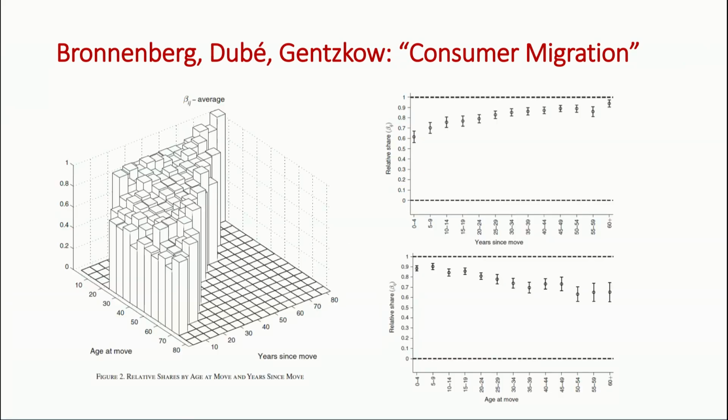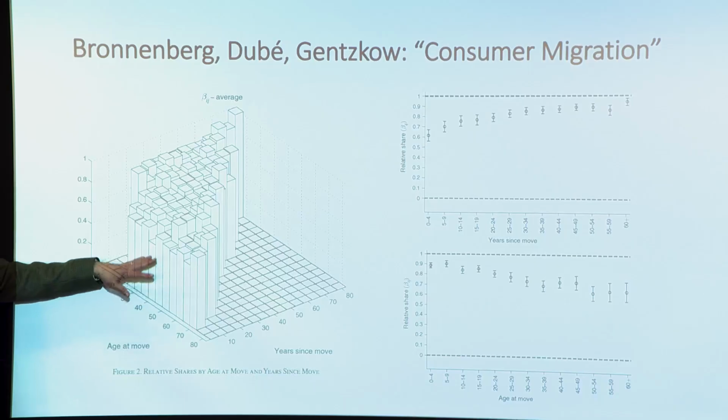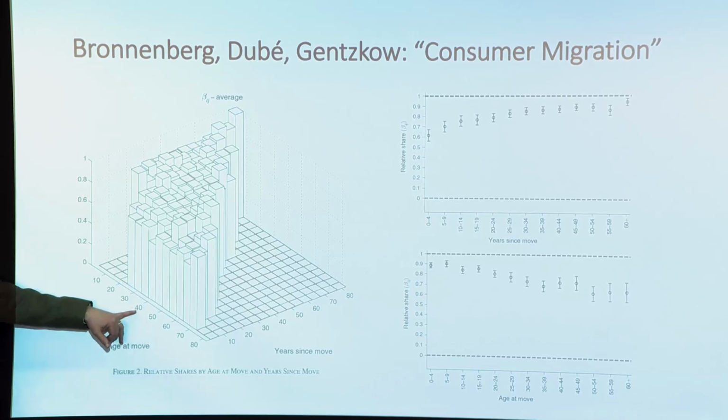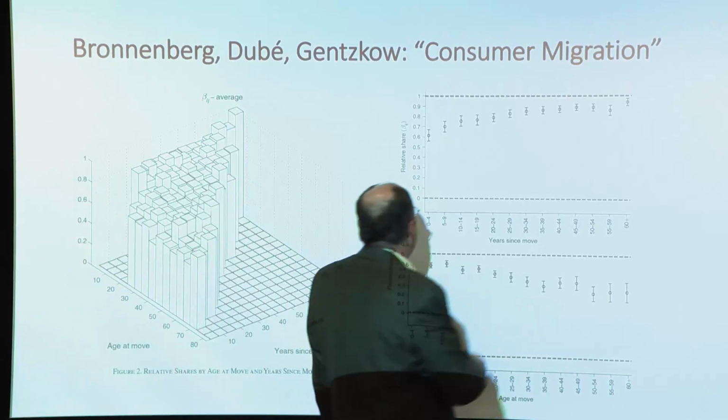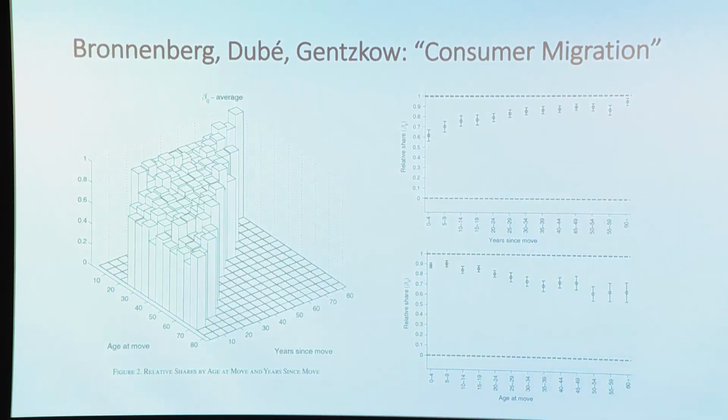Anyway, they've got a few figures in the paper. Sometimes they're estimating this coefficient separately. You've got 80,000 people, a lot of people who moved at age 15 and have been there for 35 years. So they have separate coefficients for every age at move and every year since move. I find this one hard to see in 3 dimensions. It's hard to see how high these things are versus the slope. So easier to read are these ones here that just collapse it down to 1 dimension.